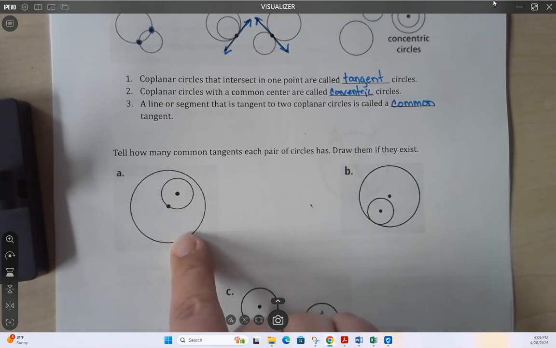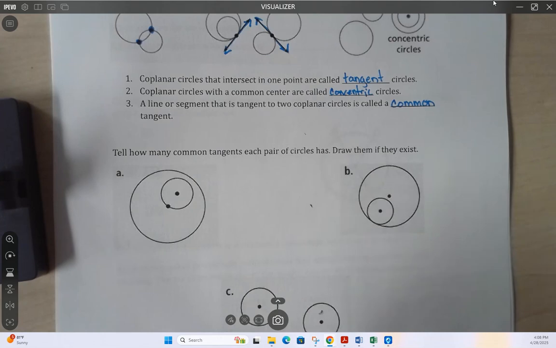Does that mean they would have a common tangent? Not necessarily. If they're not concentric, we have to see what else connects. And there's a few ways you can do this depending on your strengths and weaknesses, your skills, and your visual abilities. So, I've got this tiny strip